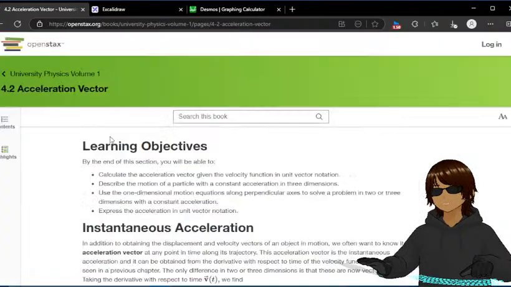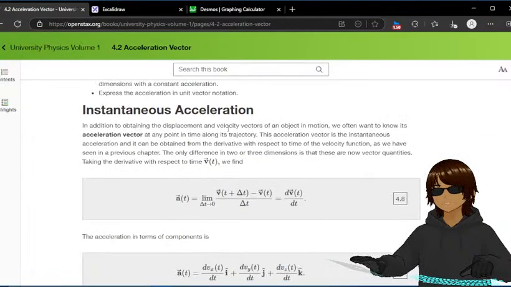Acceleration vector. In addition to obtaining the displacement and velocity vectors of an object in motion, we often want to know its acceleration vector at any point in time along its trajectory. This acceleration vector is the instantaneous acceleration. It can be obtained from the derivative with respect to time of the velocity function. As we have seen in the previous chapters, the only difference in 2 or 3 dimensions is that these are now vector quantities. Taking the derivative with respect to time, we find,